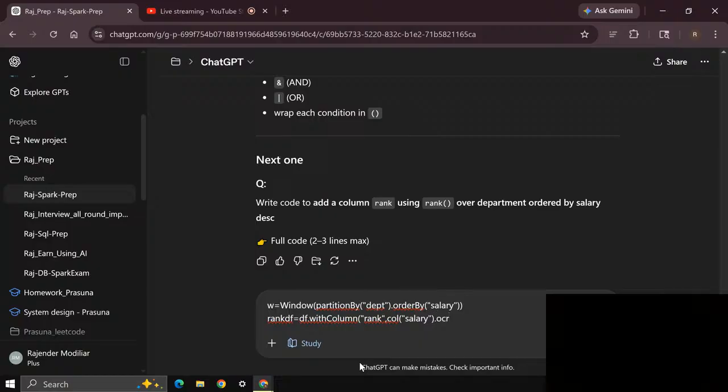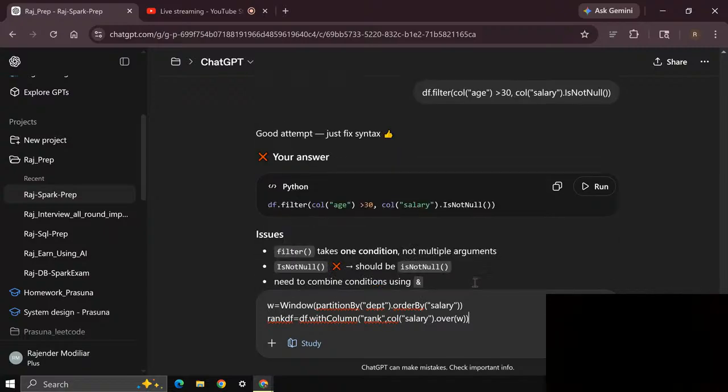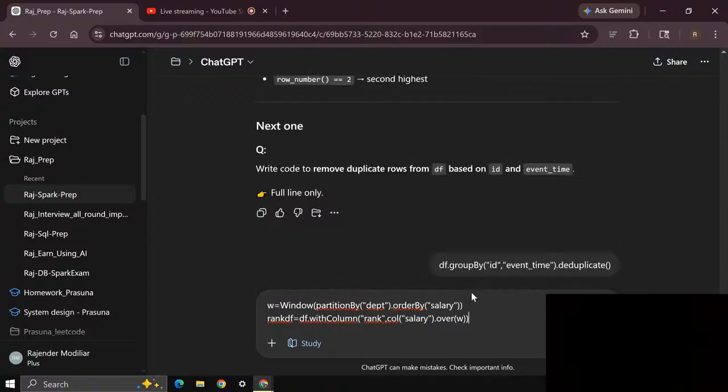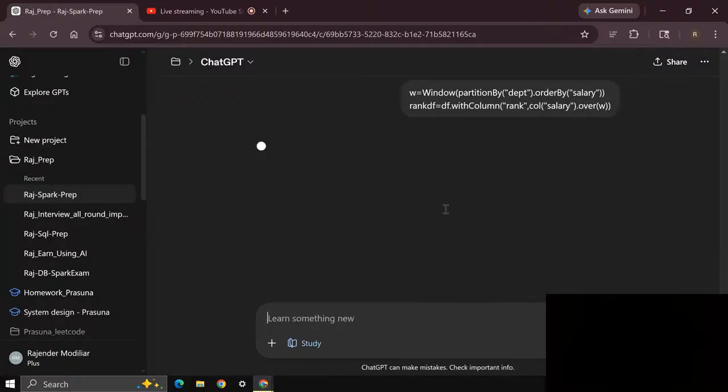Let's see. I think there is some gap here, but let's see. In between, we'll look at the code that was written in the past. Going back to the window function with column row number dot over, rank dot over.